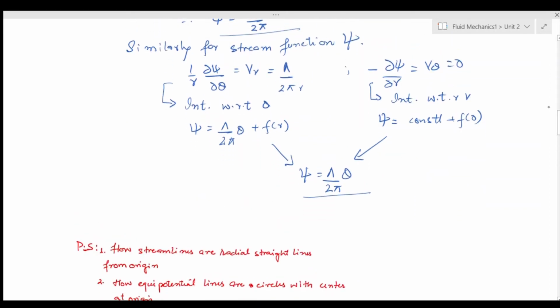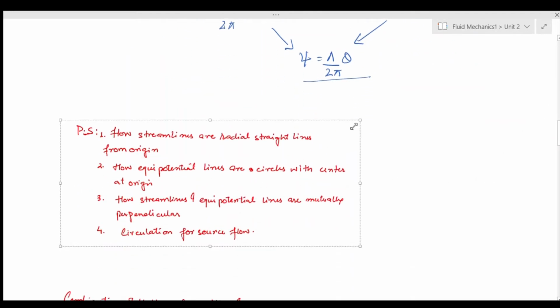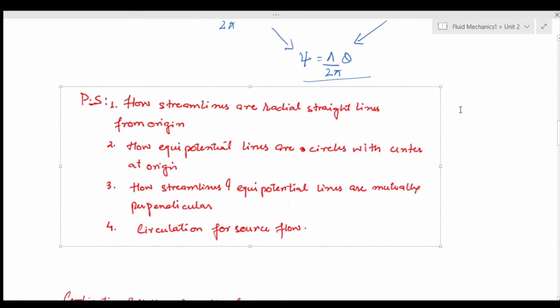And it's a possibility that I may ask, just to give you an example, find the stream function and potential function for any kind of flow, and then I may ask you to prove that they are orthogonal to each other, and to see if they are orthogonal or not, things like that. I may ask that. There are again a few things which you would have to see yourself.